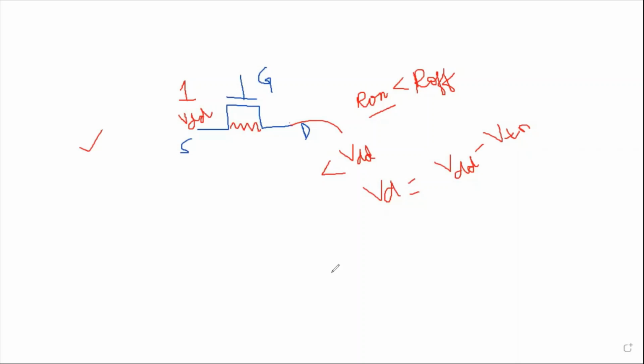So when it is off, it requires a negative voltage, which means it is on when the voltage here is not positive. So it definitely passes strong 1, but it gives the degraded 0. On similar lines, I can say that the voltage available for logic 0 is less than, again, the threshold VTP, which is the threshold for the PMOS type of transistor. Okay, now coming back to our slides.